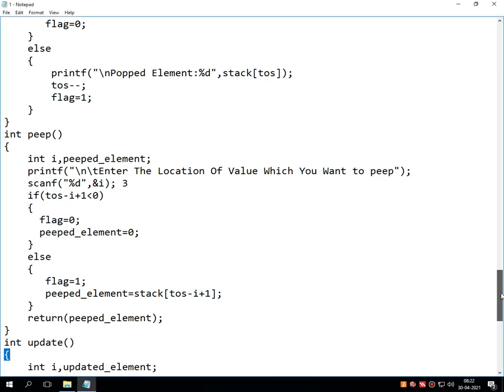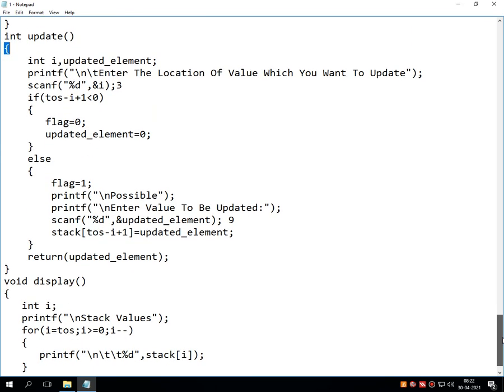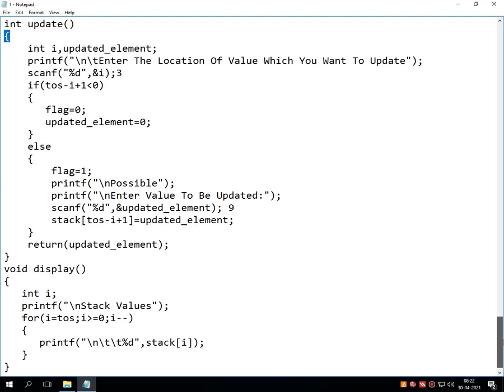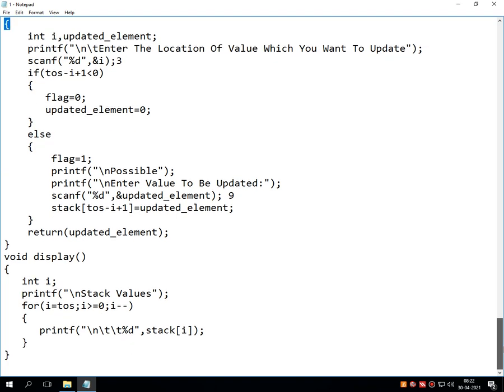Fine. Again pause the video and write down the remaining lines which start from integer i to this closing bracket.